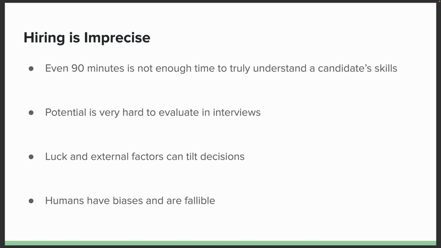That's not enough time really to truly understand whether someone is good at this or has lots of relevant experience and what have you. You get a small glimpse of it. Whether that glimpse is sufficient is hard to say. Another thing is that potential is very hard to evaluate in interviews. If someone is able to solve the problem that's presented in front of them, of course that looks good. That's a thumbs up. But if this is the sort of thing where someone might not have been able to solve this, but if they went off and spent an hour learning, then they would be able to solve it, you can't see that in the interview.